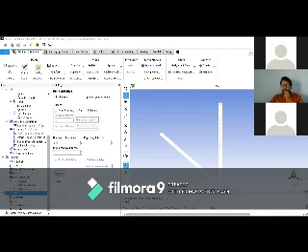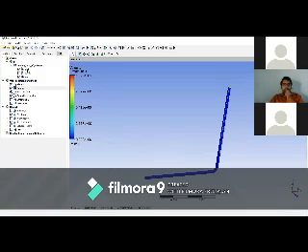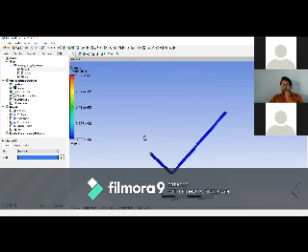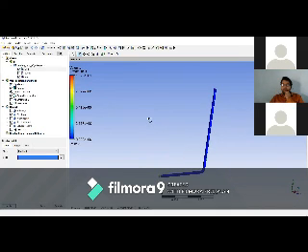When you click on edit, we find our results here. This is the solution of our result, and we can see clearly the inlet, the outlet, and the pressure contour.